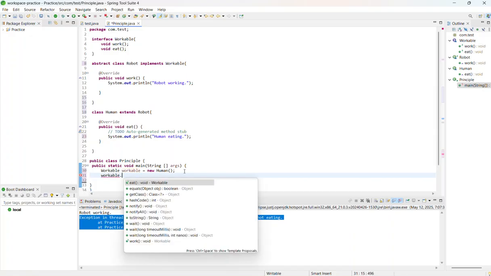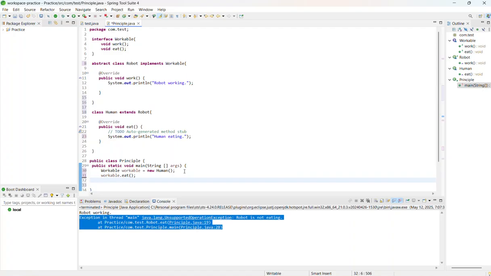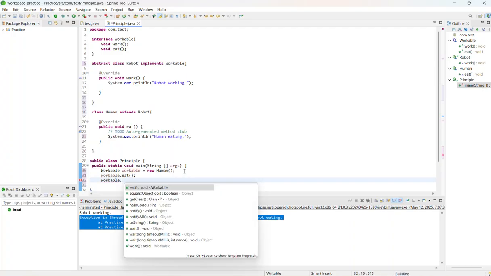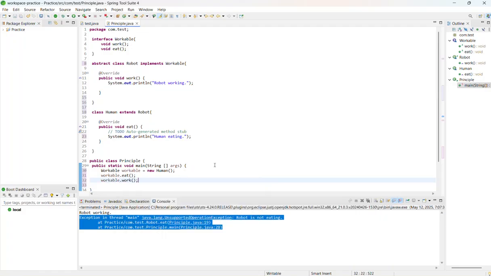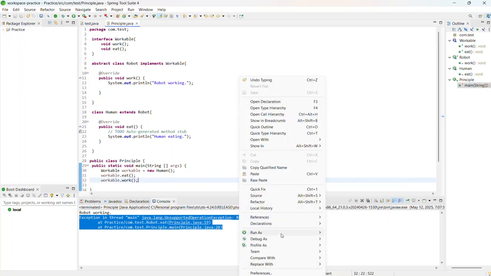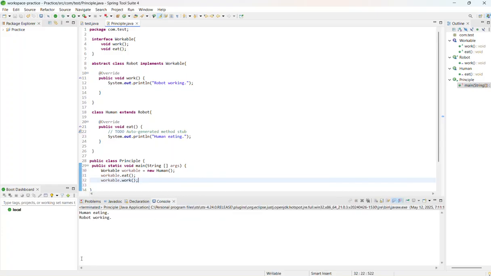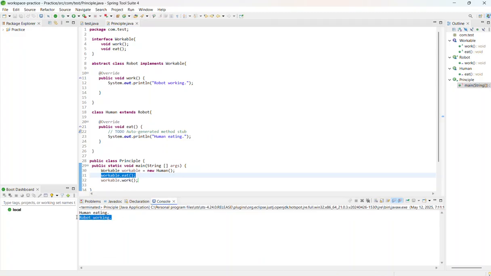Workable dot eat and workable dot work, right? Again start the program, and you can see here we will get the output. Now we are getting the correct output: human eating, right, and the robot working,